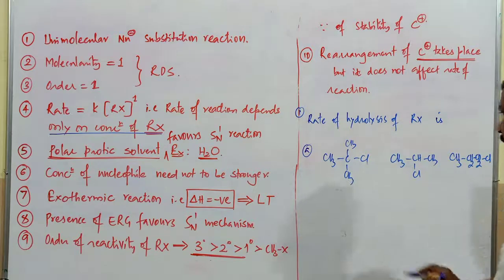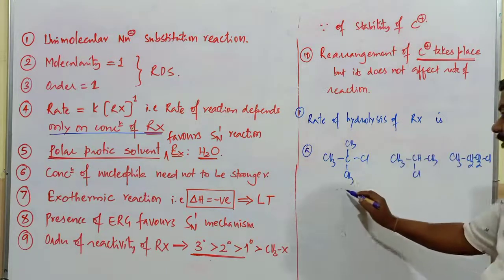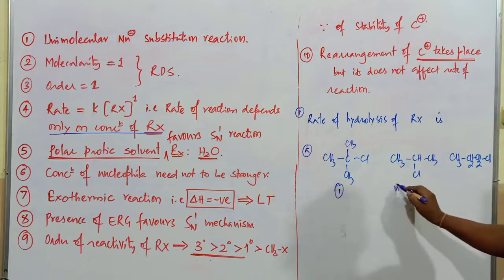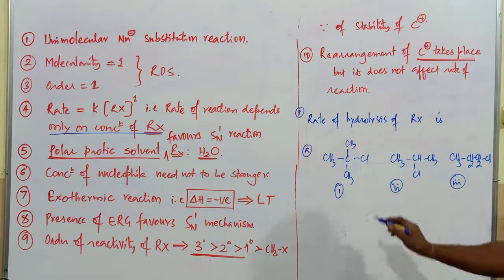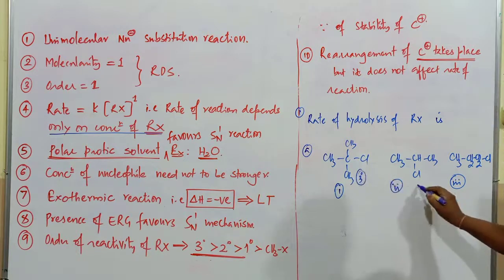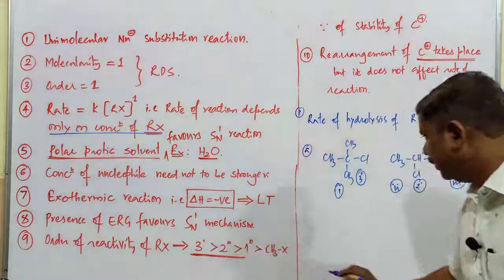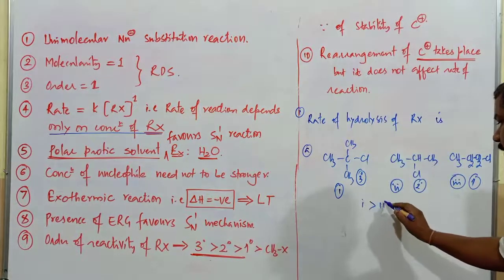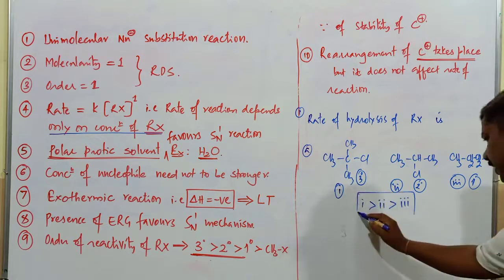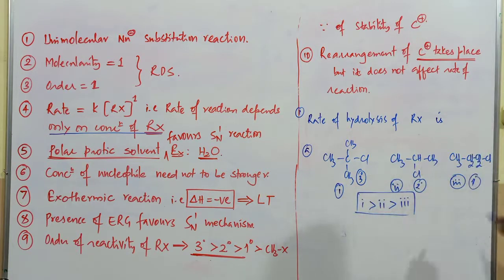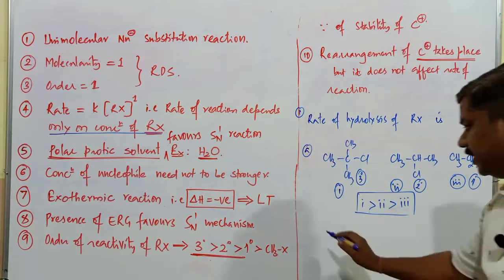Now what is the order of reactivity, the order of the rate of hydrolysis, of these? This one you can take as number 1, this is number 2 and this is number 3. Very simple, primitive question. It is a 3 degree alkyl halide, a 2 degree alkyl halide, and a 1 degree alkyl halide. I already mentioned this. So the order of hydrolysis is going to be 1 is greater than 2, 2 is greater than 3. Very simple thing, it depends upon the nature of the alkyl halide. Tertiary alkyl halides are more reactive and primary alkyl halides are found to be least reactive in nature.